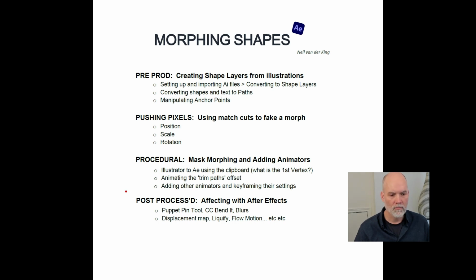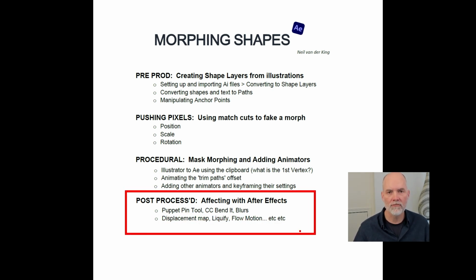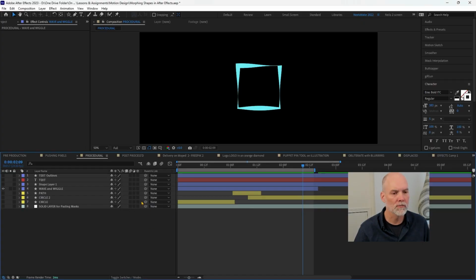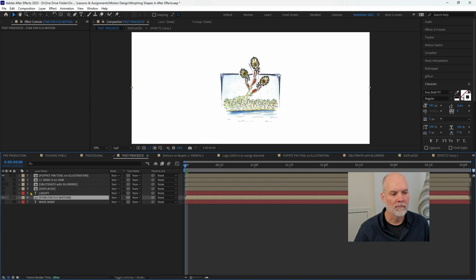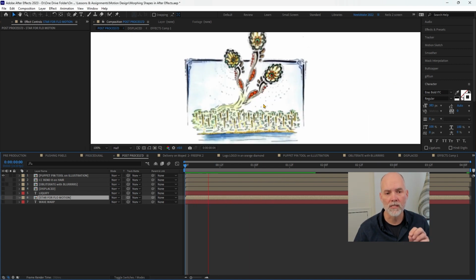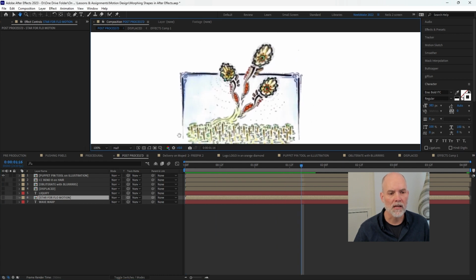And one of my favorites, of course, this is After Effects. So let's affect our stuff with After Effects. We'll start with the puppet pin tool, which can be very exciting, very fun, I should say, as far as just bringing illustrations to life. So in this case, this is a hand-drawn illustration,